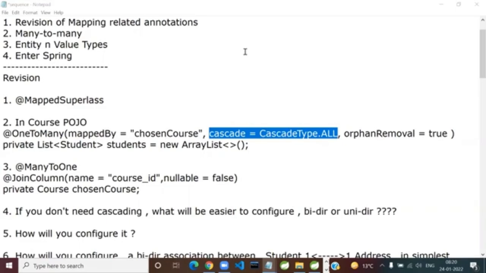If you don't add any value, what is the default value of cascading? CascadeType.NONE. You should do the homework properly. It is not going to cascade, neither update nor save nor delete. So tell me, if you don't add the cascade option, and suppose one course is launched,